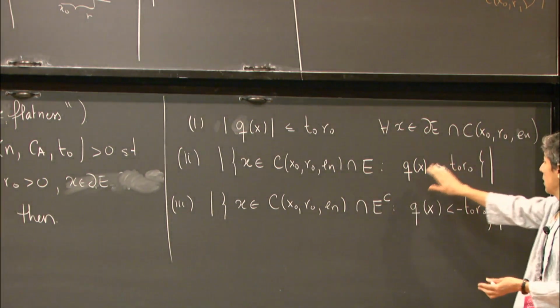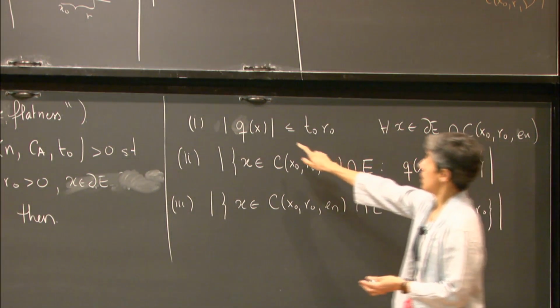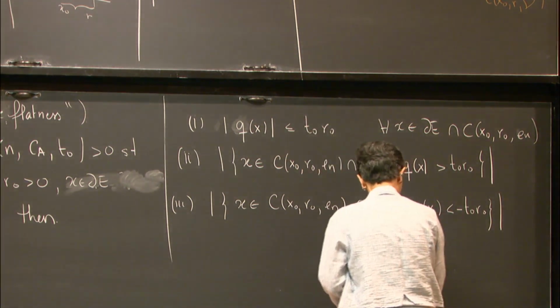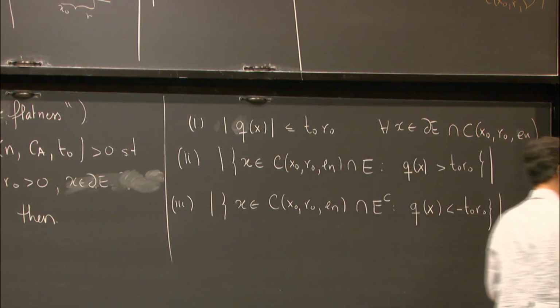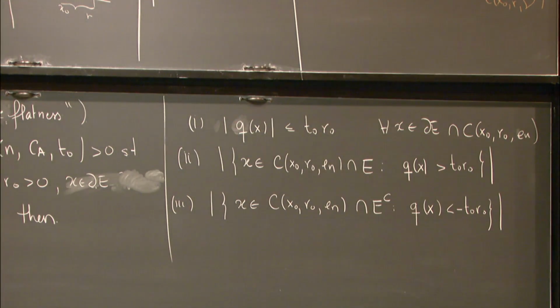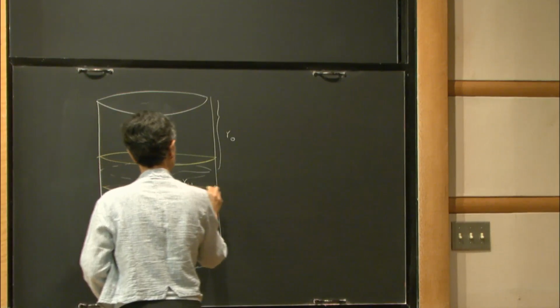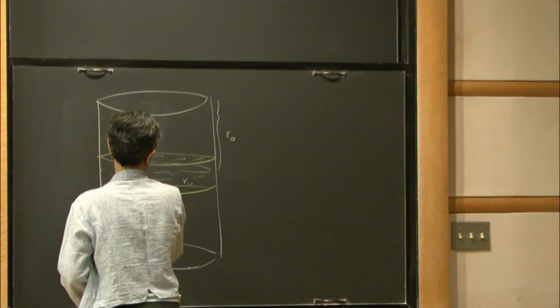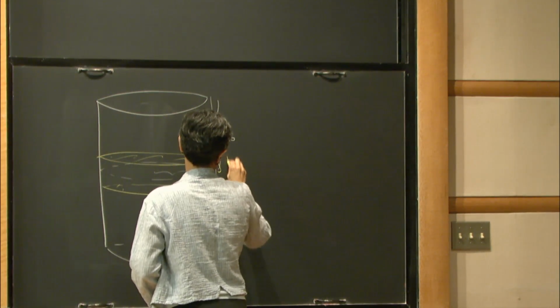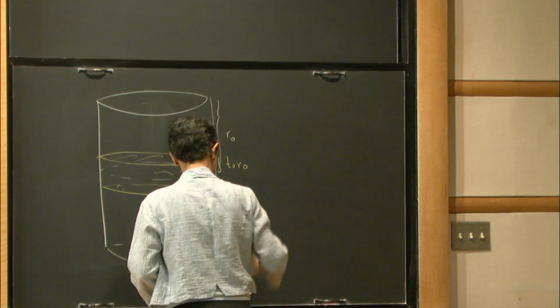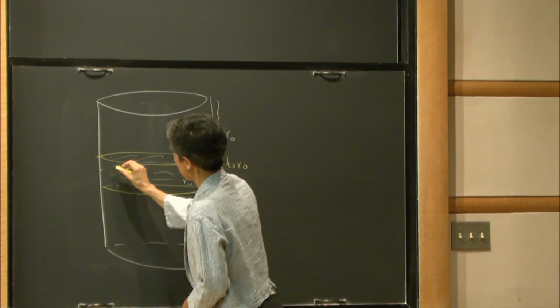That's what this says. Xn is between that. So where is that? Well, I put all the chalk here. So this is T0 R0, and so my boundary